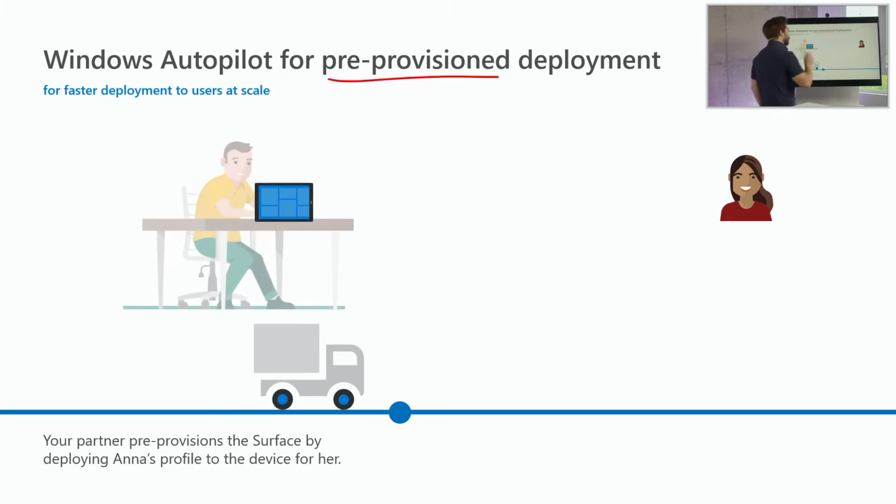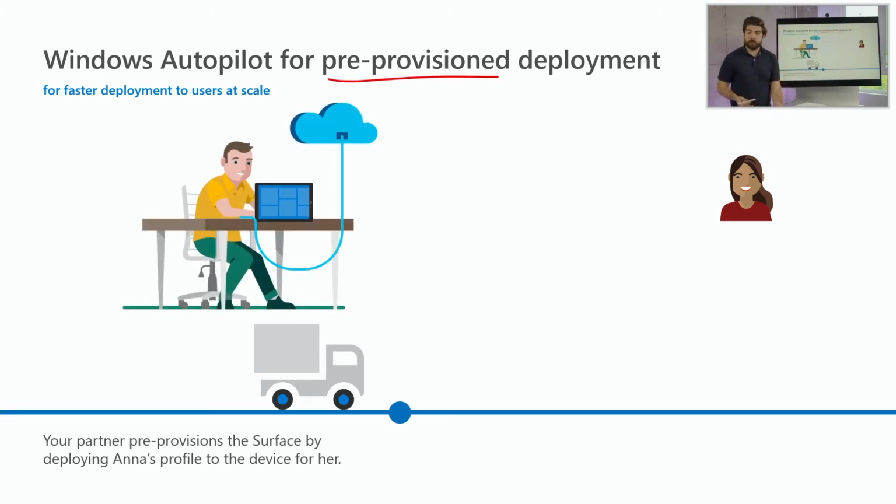But we have an even quicker method of deployment from our zero-touch deployment, and that is called pre-provision deployment. Now, what pre-provision deployment is for, we view this as being a great fit for higher-ups within your organization, VIPs within the organization, people who truly don't have 45 minutes to an hour or two to let their device deploy on hand, and they need it up and running as soon as they get the device. So we created pre-provisioned deployment with this in mind.